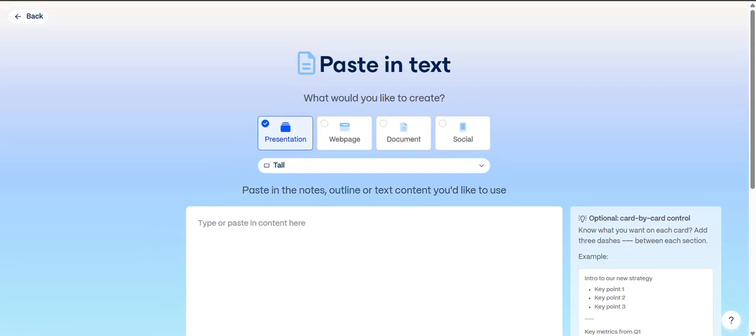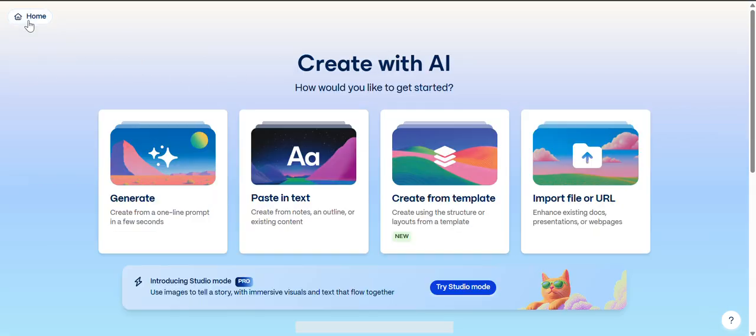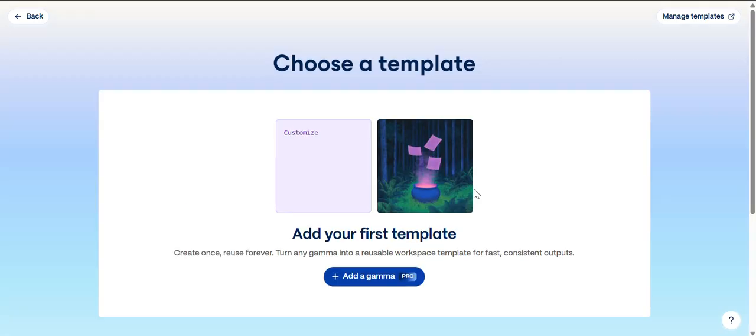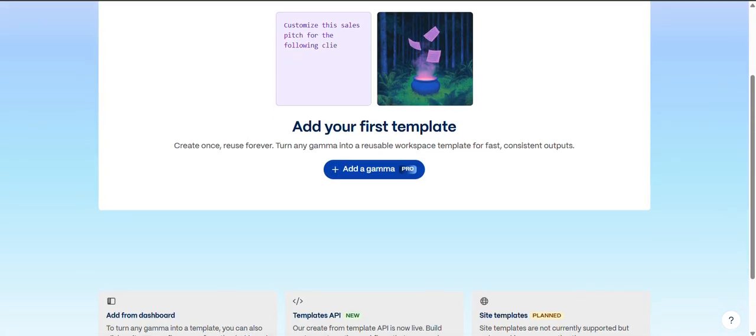Isn't that amazing? All right, so let's go back. We have seen what it looks like over here. Let's go back because we want something really, really quick. Or you can create from a template. Let's see what it looks like. Okay, so you can choose a template, but then